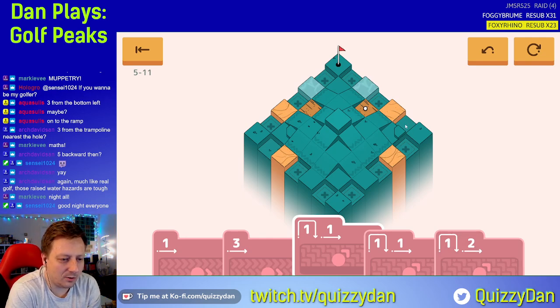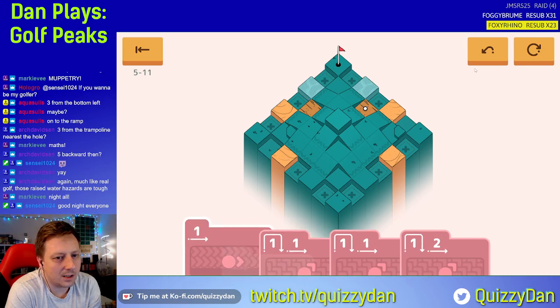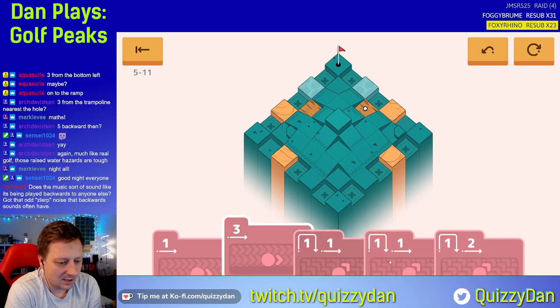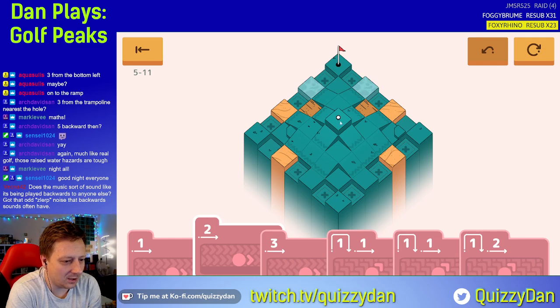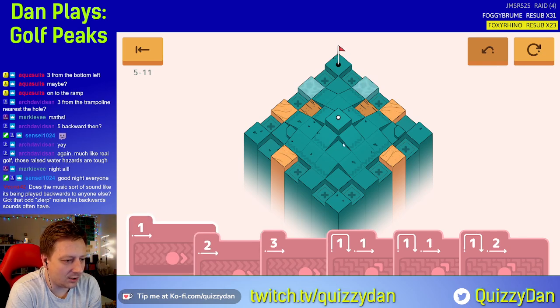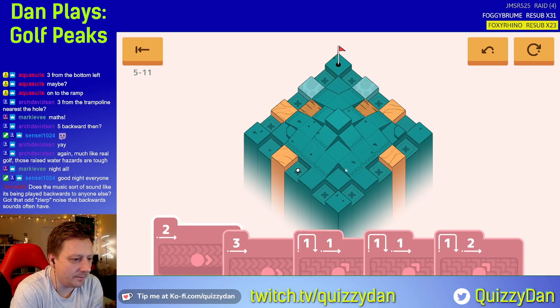So we can sort of do that and chip 1, do 2. That will get us to there. That's just silly. That's not your first move. It's equally not your first move that way. Could be that way, and could be that way. So let's try that way. Boop. Okay, that's fine. And then...